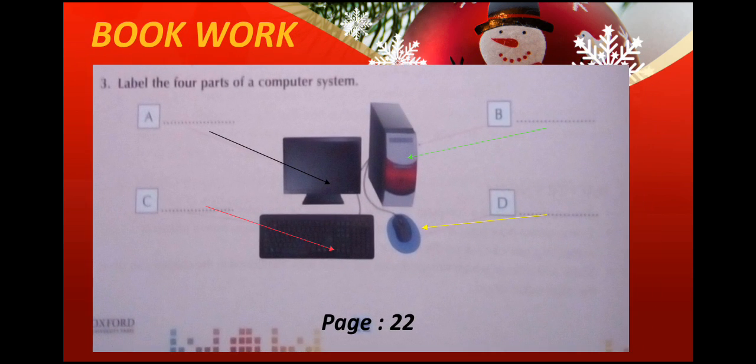Come to the page number 22. There is worksheet number 1. I have given you the part number 3 of worksheet number 1. I have very minor lines. I can't see these minor lines, so I have drawn arrows for you. A. Which device is indicated in A? Monitor. And which device is indicated by the red arrow? Keyboard. CPU cabinet. And the last arrow is indicating mouse. Write all these, write today's date on this question only. Okay.